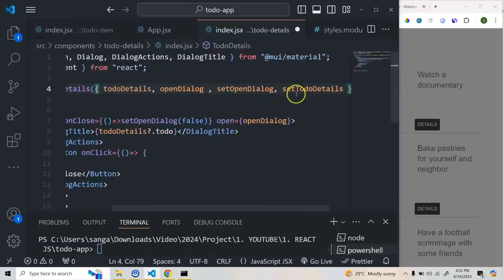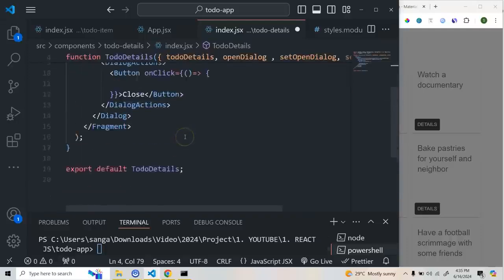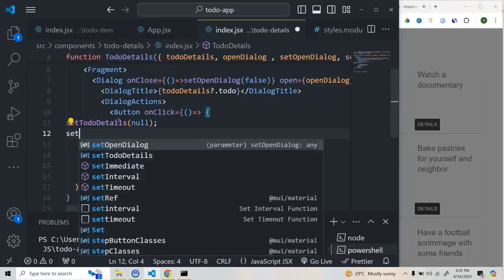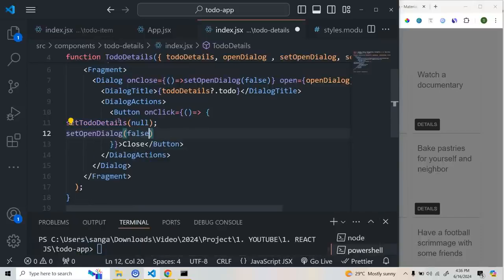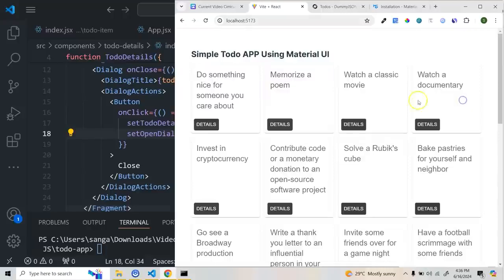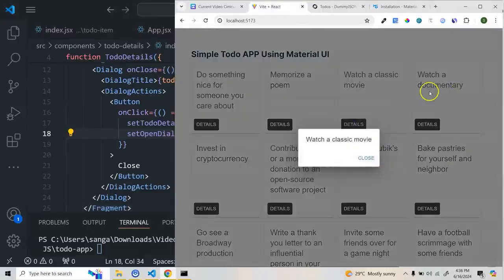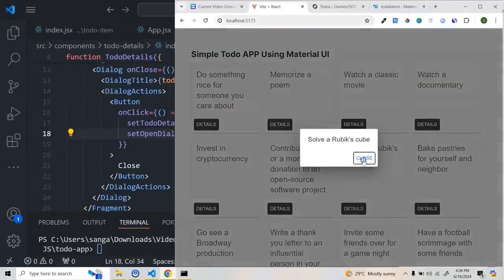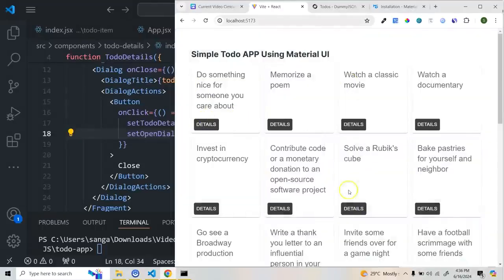I'm not going to explain all of this in detail again, that is why we are receiving these props, because we have already discussed how you can pass data from one component to another component. So on click of this button, first I'll make this set todo details null again, and I'll close this open dialog, so this will be false. Save it. Now let's see. If I click outside, it's closing. Click here, watch a documentary, close. Now it is closing. Click, and you see once the data is fetched, only then it is opening the